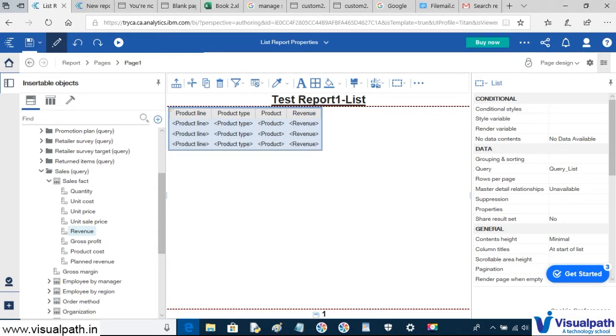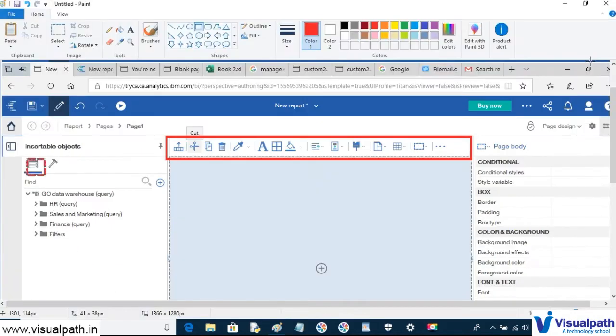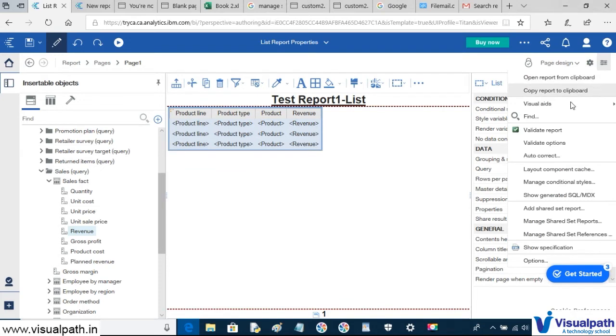So now we have saved the report. Now just check whether this report is working fine or not. For that we need to validate this report. How are we going to validate this report? Click on this wheel icon, and when you click on this icon you can find multiple options.